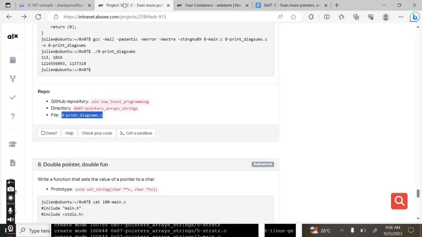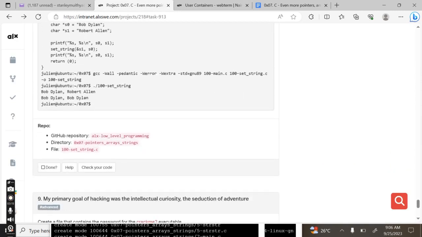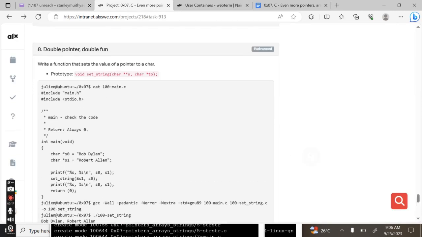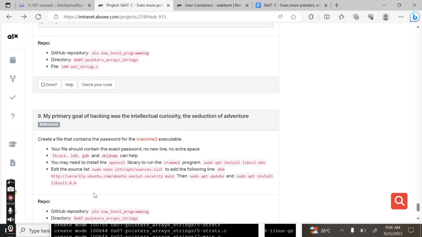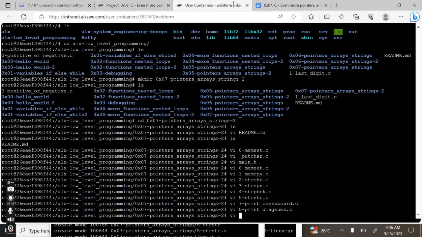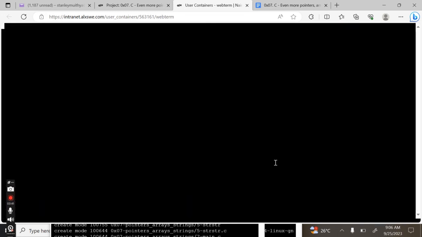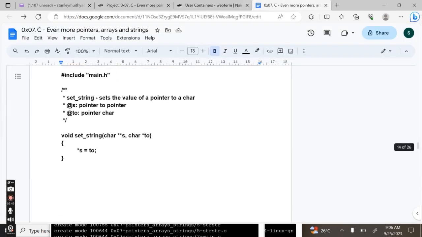Then next number 9, which is now the advanced part. You're supposed to write a function that resets the value of a pointer to a char. So copy the name of the file. Remember, just as I've said, you don't have to worry about the code. I will share the Google file at the description of my video. Enter, then we insert, copy the code,